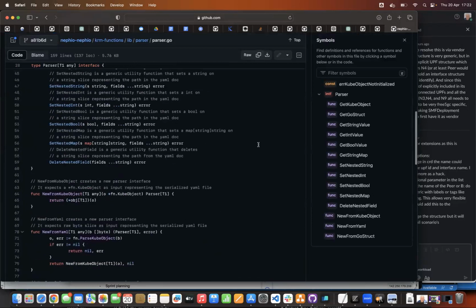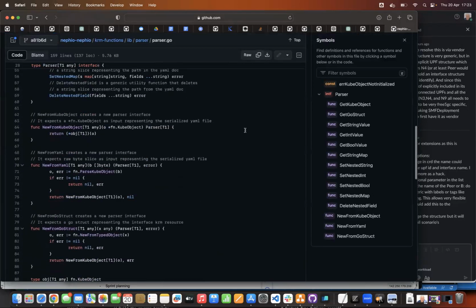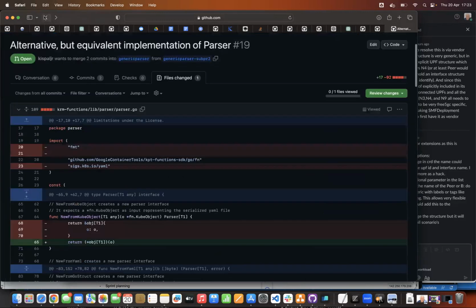So again, what I did: now we have an implementation of the parser interface in the parser.go file. I didn't change the interface, but I just replaced the implementation. Again, same interface, same functionality. I didn't touch the interface or the test.